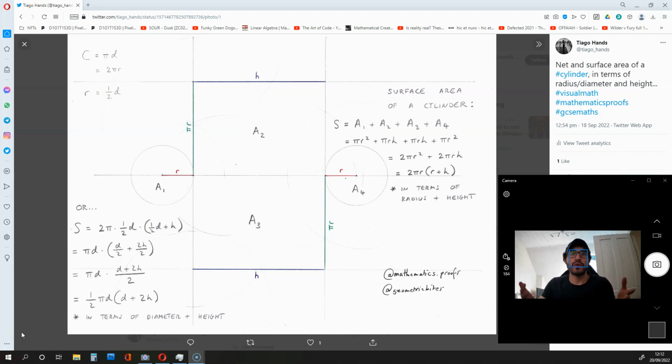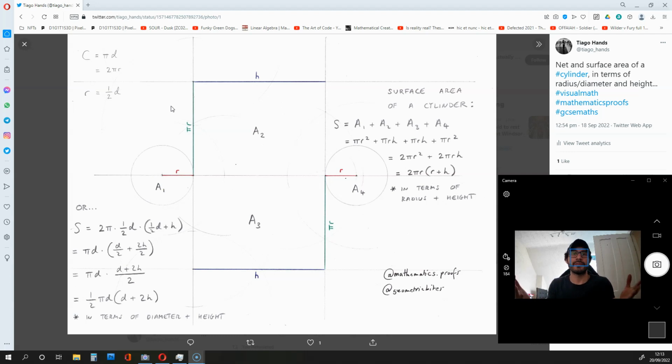Now, as you should recall from GCSE Mathematics, the circumference of a circle has the equation pi times diameter. Since the diameter of a circle is twice as large as its radius, the circumference of a circle can also be thought of as 2 pi r. Now the area of a circle is pi r squared. Okay, so with the circumference of a circle and knowing its area, we can come up with the surface area